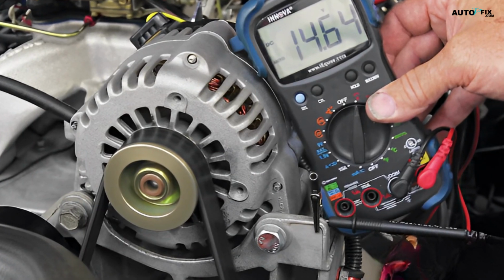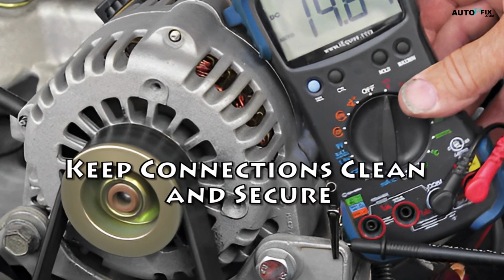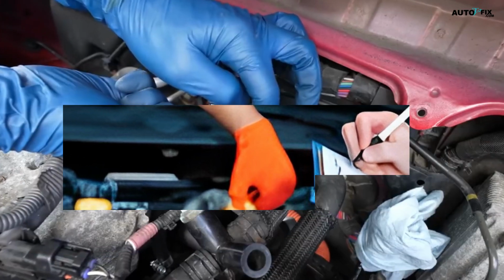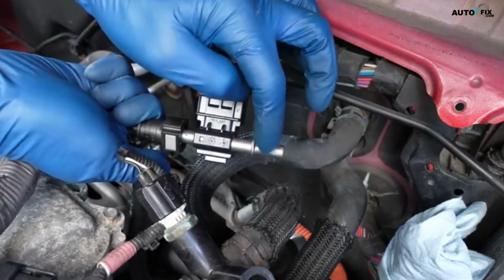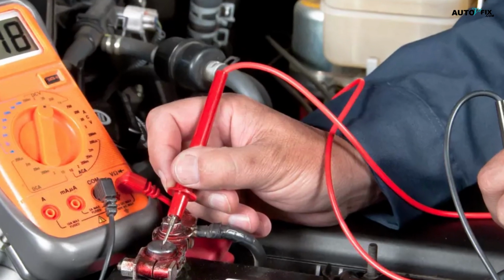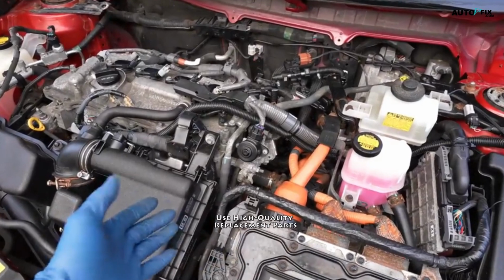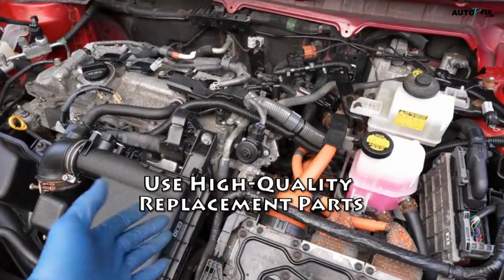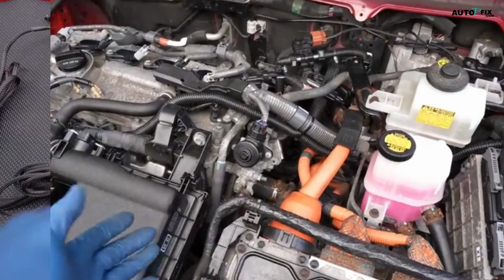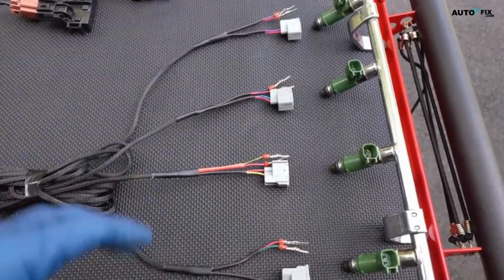3. Keep connections clean and secure. Loose or corroded electrical connections can interfere with the proper functioning of warning systems. Ensure that all connections are clean, secure, and free of corrosion. 5. Use high-quality replacement parts. When replacing components that may affect warning light systems, such as sensors or control modules, use high-quality, manufacturer-approved replacement parts